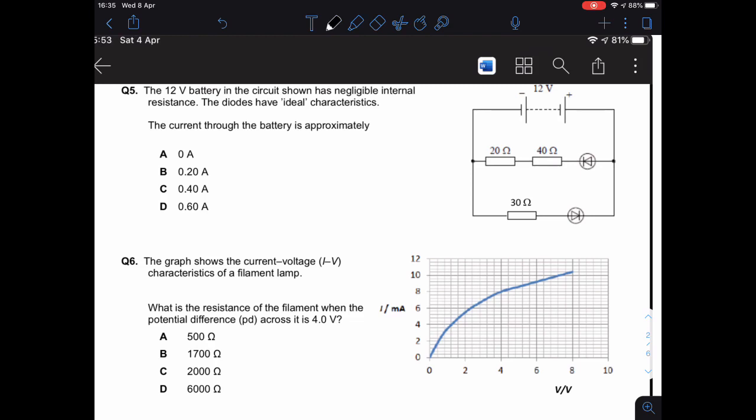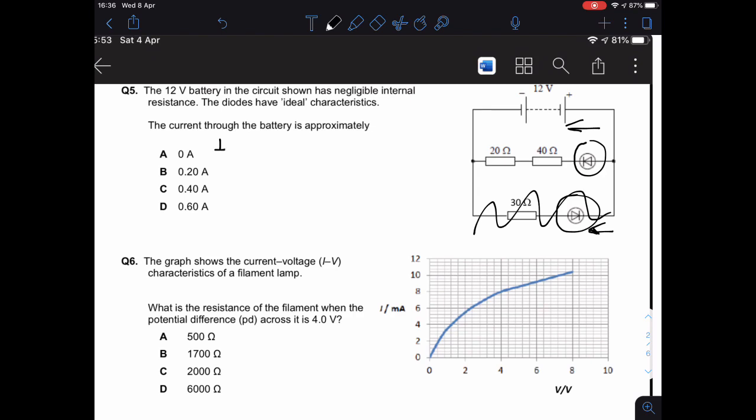Hopefully the first thing you can see is that the two diodes here are connected the opposite way around, so only one of them can in fact conduct. If you remember, conventional current flows from positive to negative, so it will be that diode that conducts, whereas that one won't, because the current is trying to force its way through the wrong way, as it were. So we can ignore this part of the circuit and just concentrate on the one on the top. If you want to know the current through the battery,